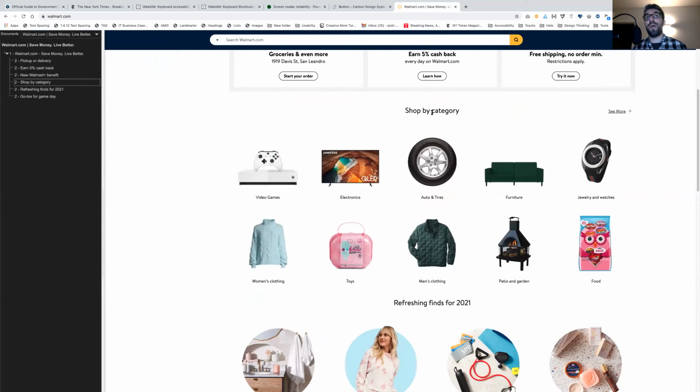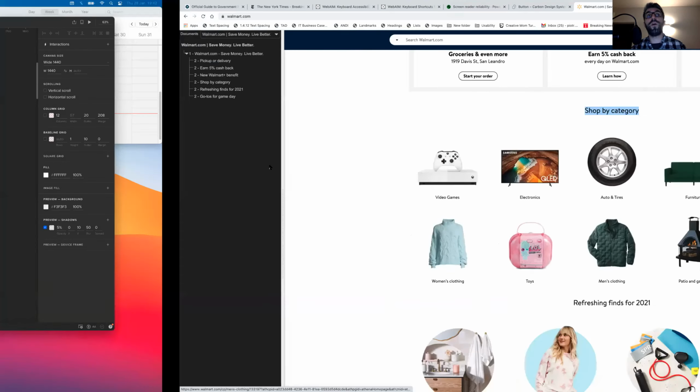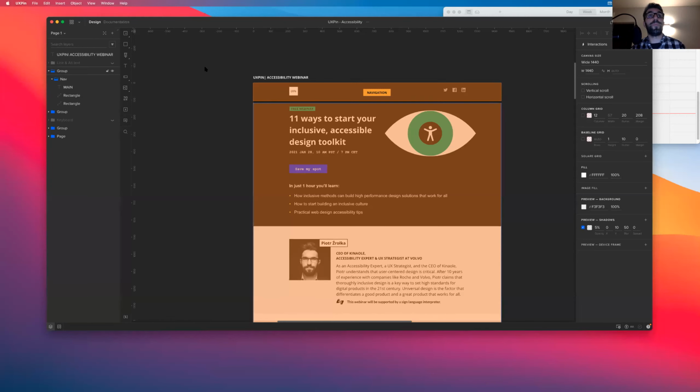So if somebody wants to jump and understand this stuff, he types the H2 shortcut 4 times, and he's here. And then he can use the arrows to jump to the next active element. Very clever. So if I go to my design,